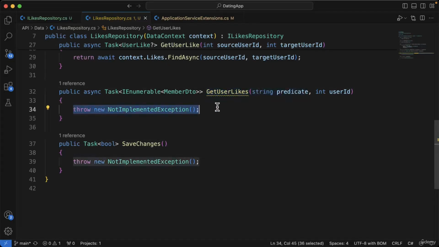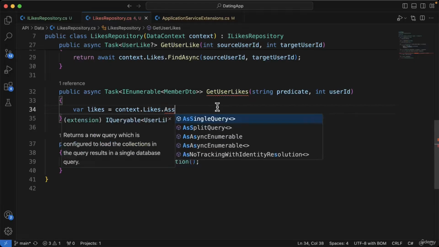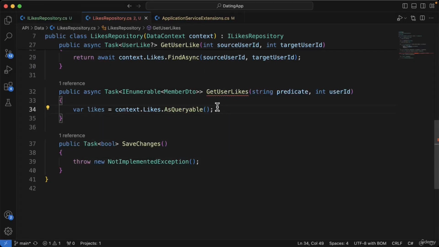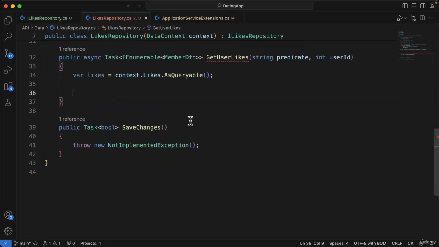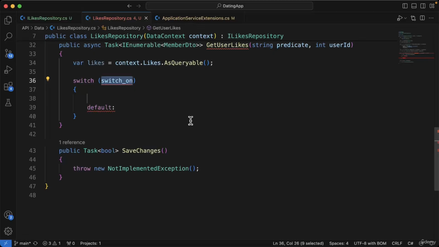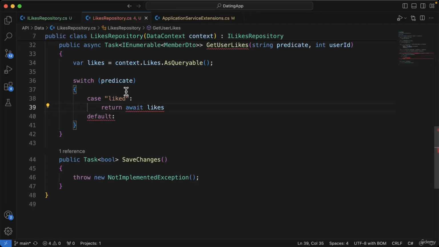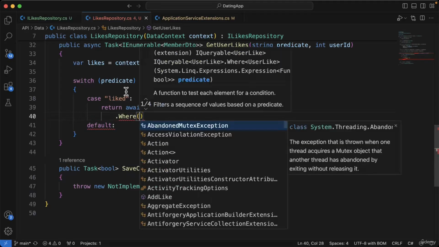So inside here, we need to do a bit more work. We'll say var likes equals context.Likes, and we'll say AsQueryable. And then, because we've got a few different options here, we'll create a switch statement for this, and we're going to switch on the predicate. So inside here, the first case is going to be liked. And we're going to return await likes, and then we'll specify Where